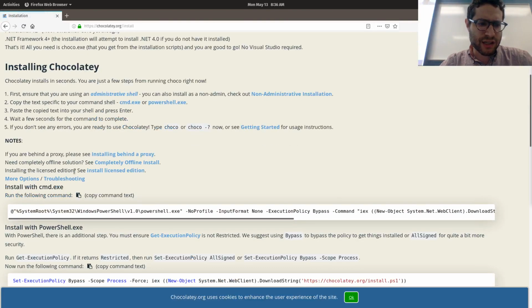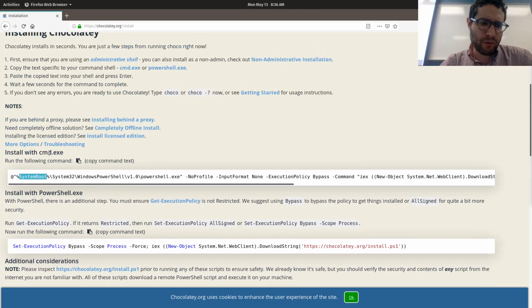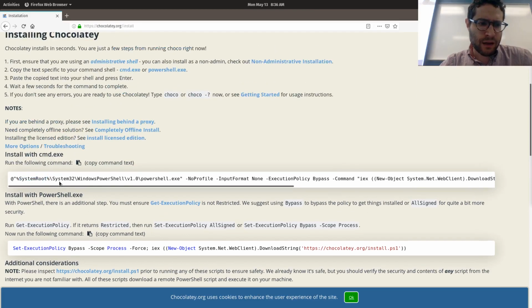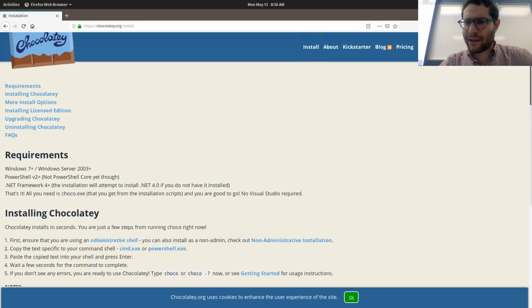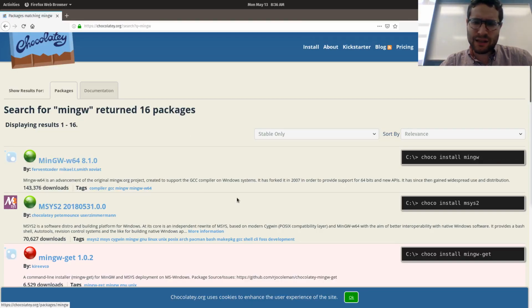You paste one of these commands into CMD or PowerShell, depending on which you're using, and then that's it. A package manager is basically a program that downloads and updates other programs for you automatically. Windows doesn't really have one, so after that, you just simply do choco install mingw.